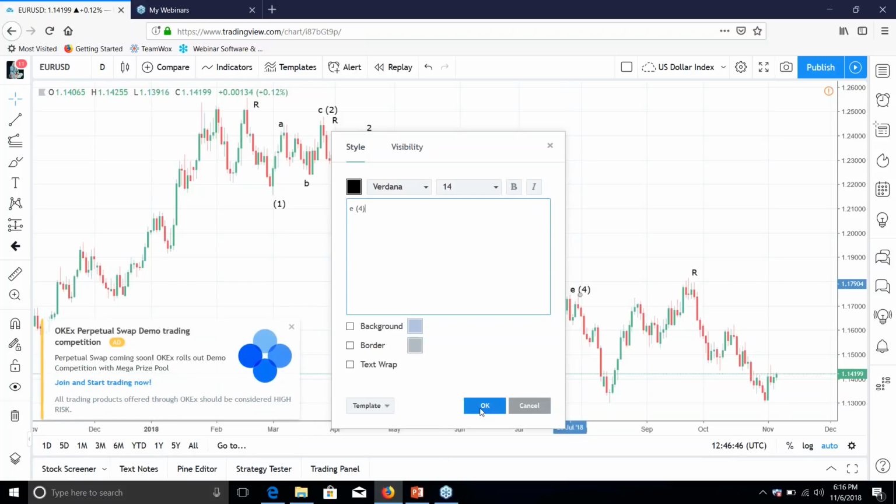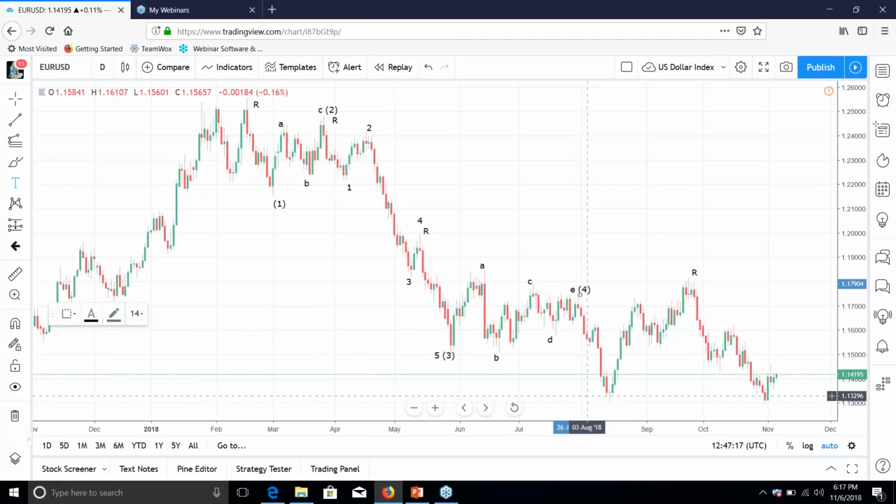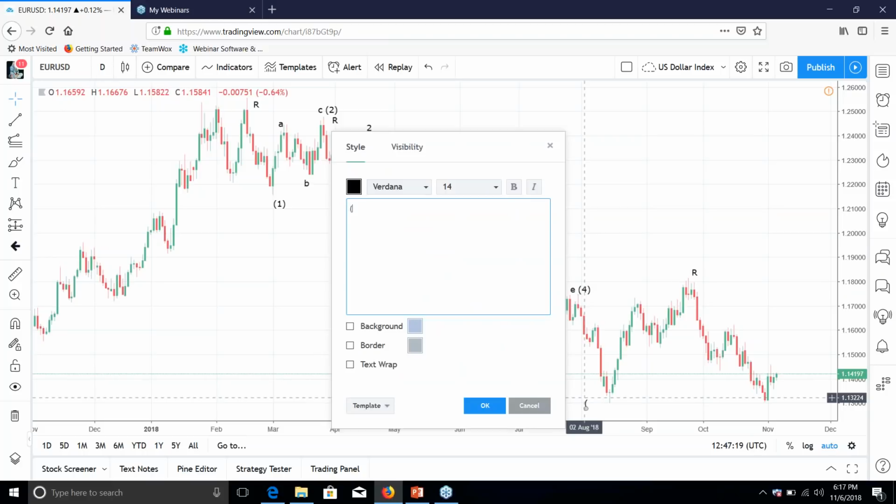So that is wave 4. We've got wave 1, wave 2, wave 3, A, B, C, D, E, triangle, wave 4, and there is a lower degree wave. There are lower degrees here. I'm not going to plot them just to avoid congestion, but I can count 1, 2, 3, 4, and 5, which ultimately gives us the fifth wave